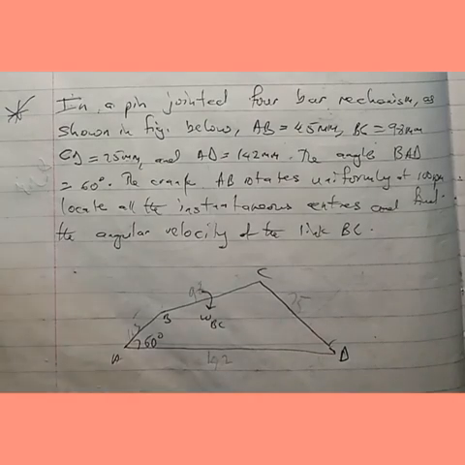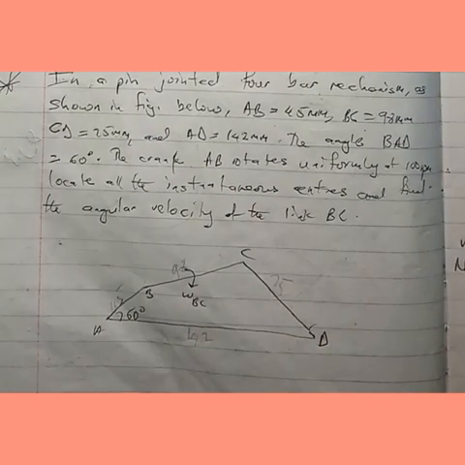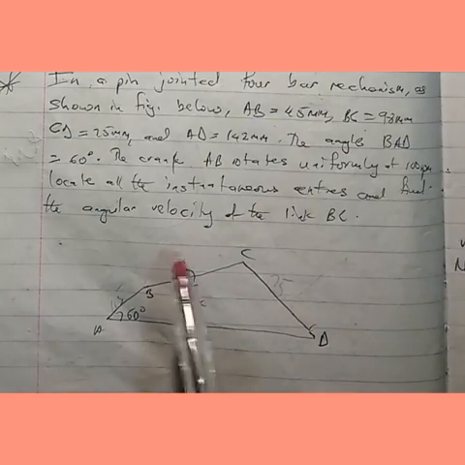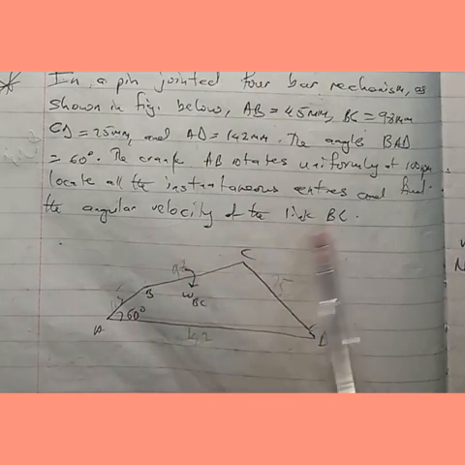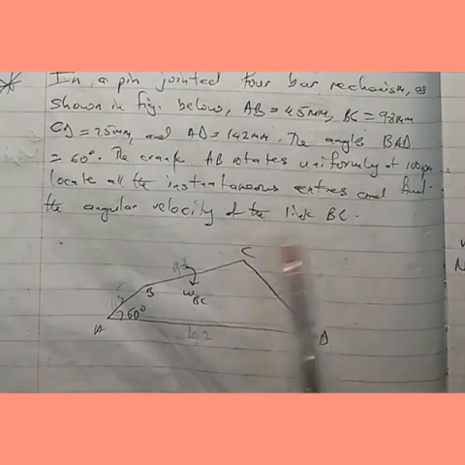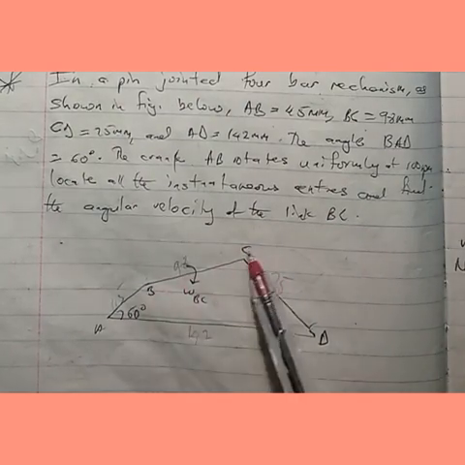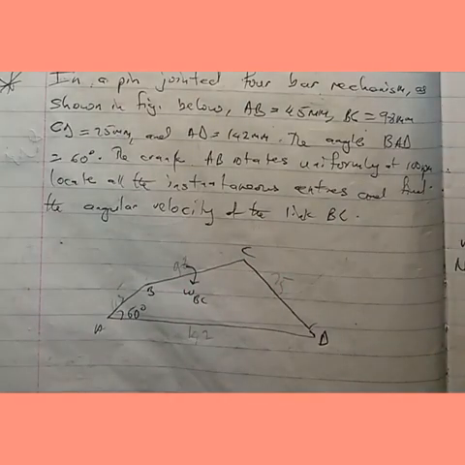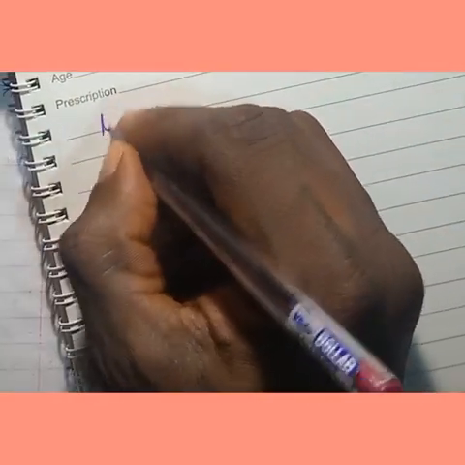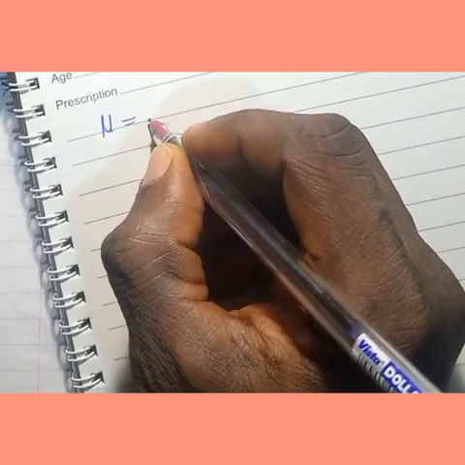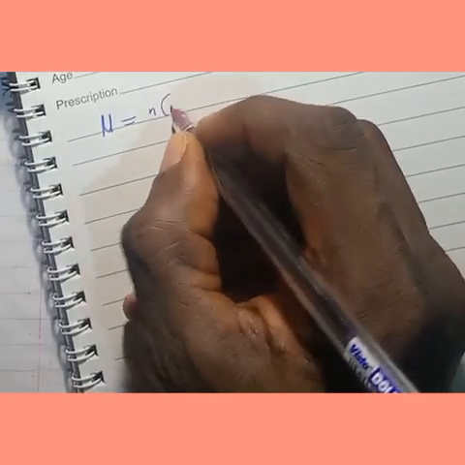Okay, so in this four-bar mechanism, we're expected to locate the instantaneous centers, and then eventually we have to find the angular velocity of the link BC. So first, we are going to determine the number of instantaneous centers using this formula,